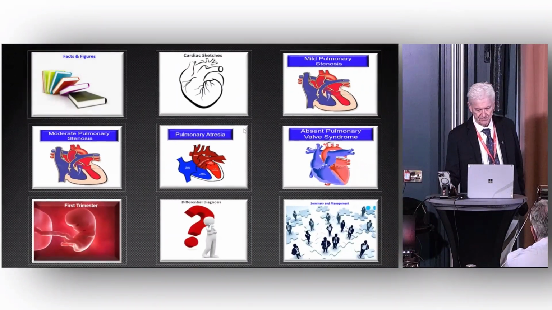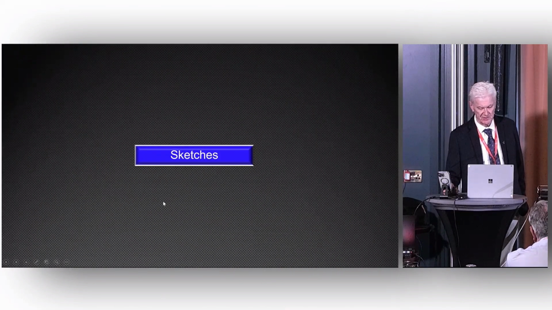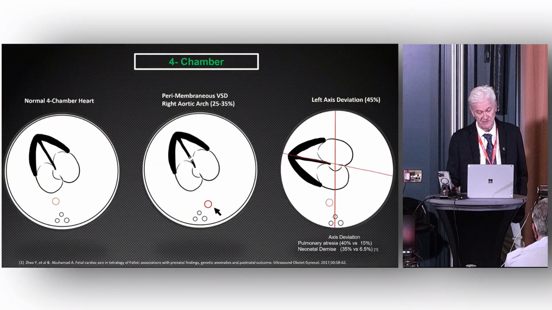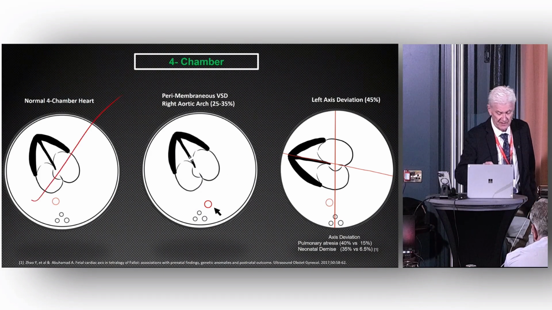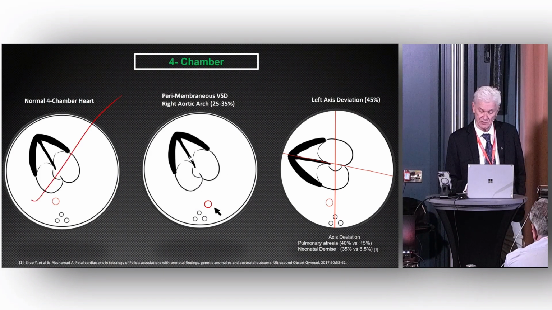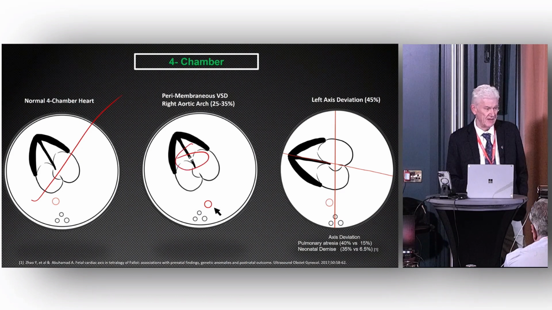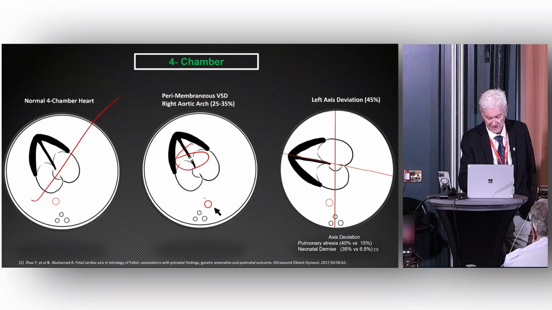In terms of cardiac sketches, the way I do this is according to the ISUOG guidelines: stomach, 4-chamber, right ventricular outflow tract, and the 3-vessel tracheal view. So what may you see in a 4-chamber? For many Fallots, you'll have a completely normal 4-chamber. You won't appreciate anything. For those, you may see in a 4-chamber a ventricular septal defect, and in 25% of them,